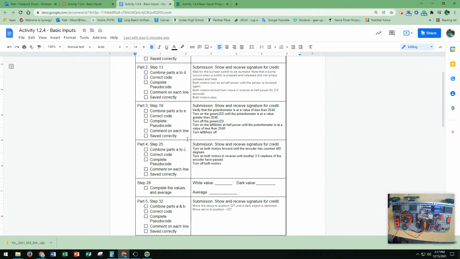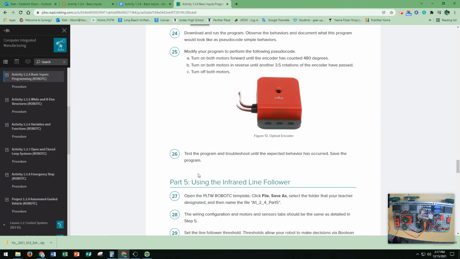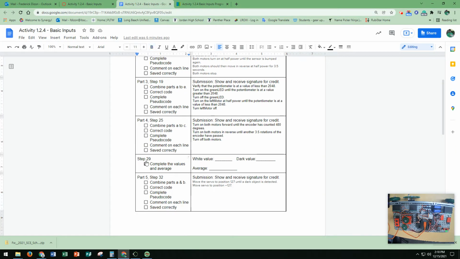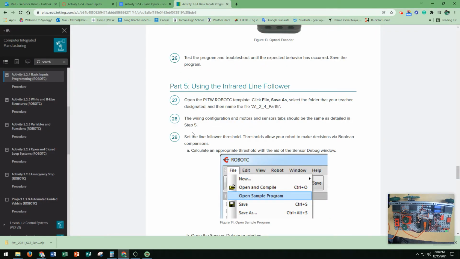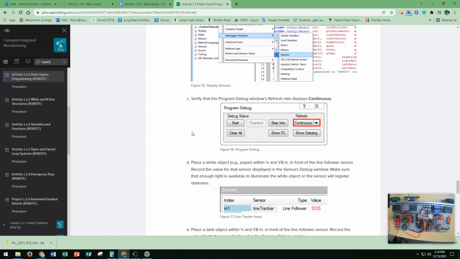Now we're going to move on to step 29. So step 29 is actually part 5. Going back to this, step 29 and 32 are the same. They're related to each other. You've got to do step 29 to get to 32. So what we need to do is get the numbers for the